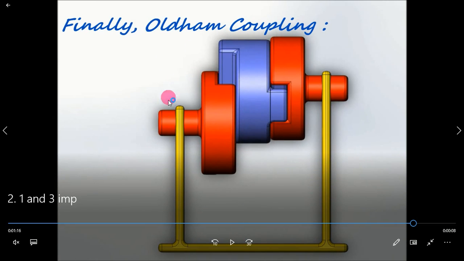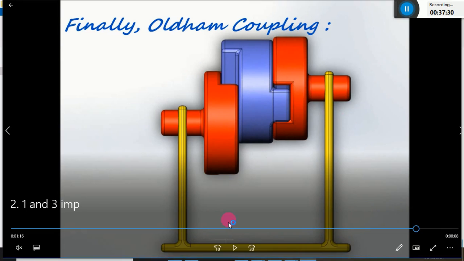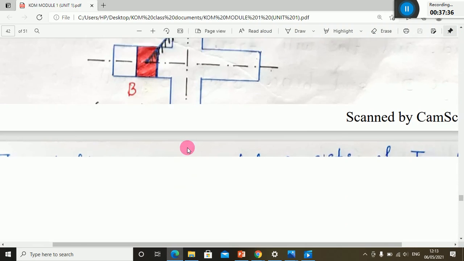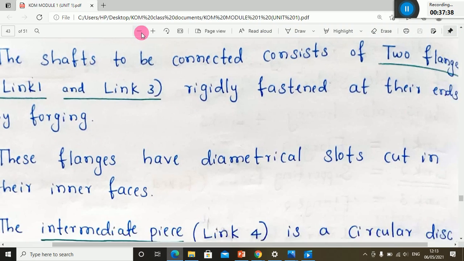This will be slider A, slider B, and you are modifying the sliders as shafts. You are connecting two shafts, driving shaft and driven shaft, and this is the intermediate piece. Don't worry too much about this. The only thing I wanted to clarify is that to get this Oldham's coupling, the link that connects both the sliders is fixed.